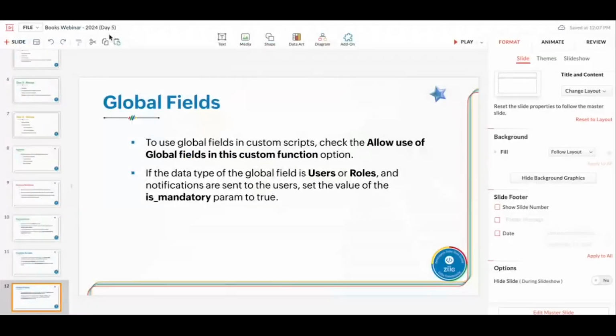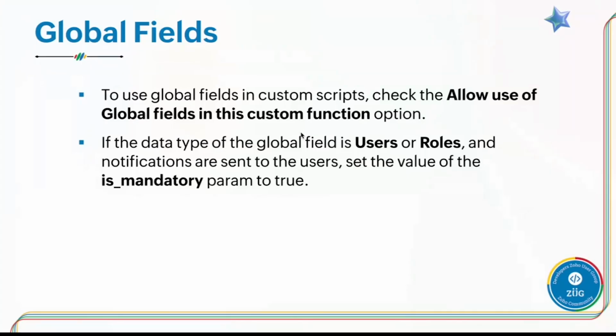So let me go back to my presentation. So these are all the common steps to be followed while creating any extension for Zoho Books. Once the extension has been created, it can be tested in the sandbox environment available within Zoho Books itself. Once the extension has been constructed and tested successfully in the sandbox environment, then you can go ahead